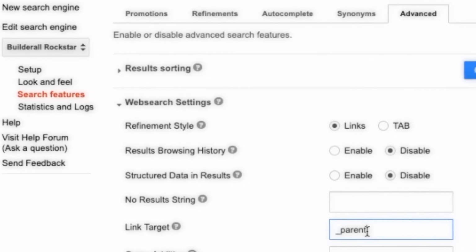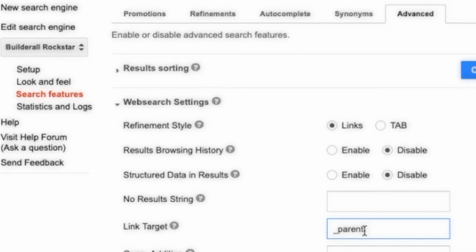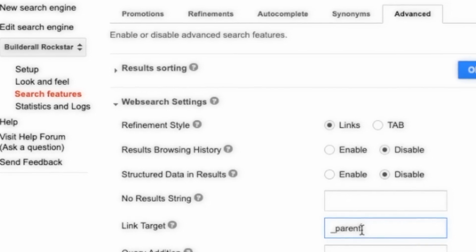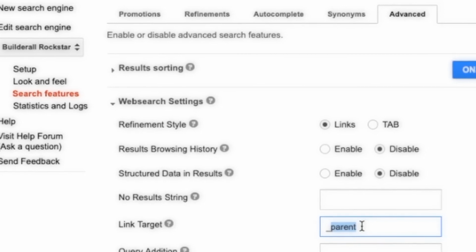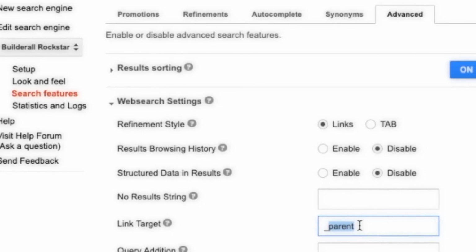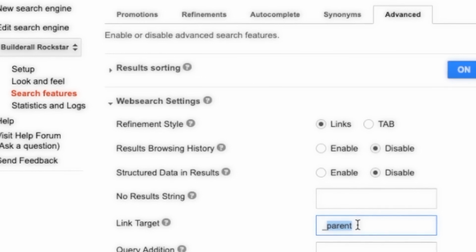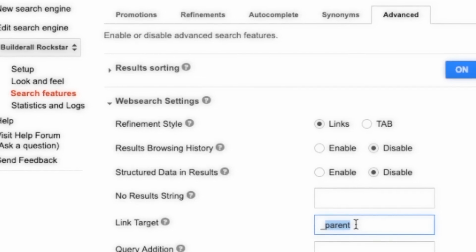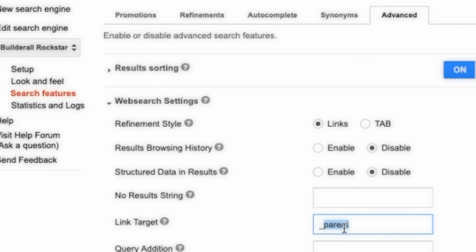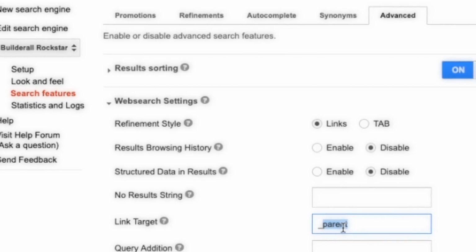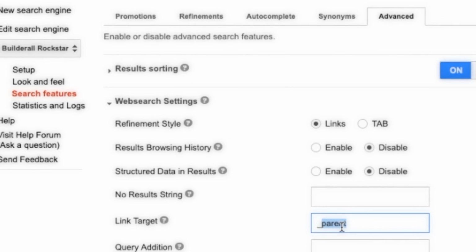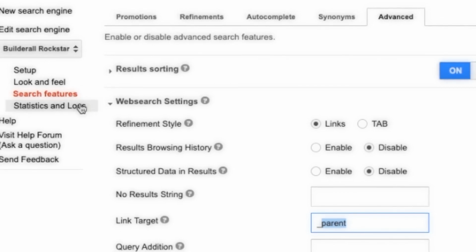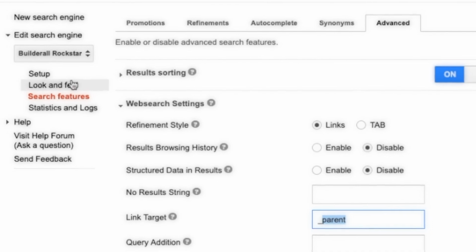So you can put underscore parent to have this behavior. But if you want to show all the results of the world, but you don't want people to leave your page, then here you will put underscore blank. Okay. And then it will open in a new window, new tab for your search results. But for the search box, it's just inside the code where you have data and dash. And that's it, really. Otherwise, the rest is just playing with the options, changing the logo.